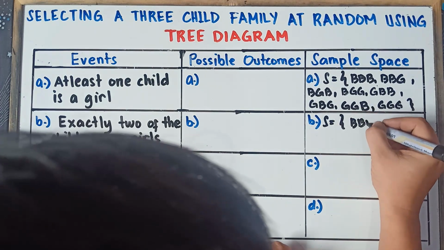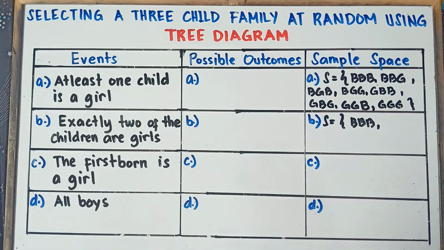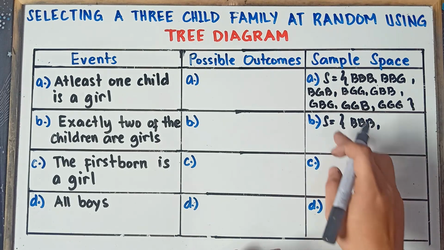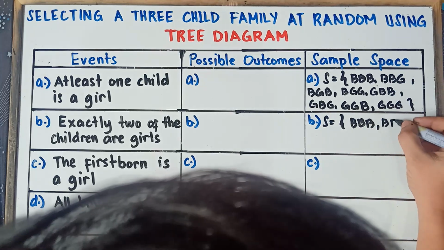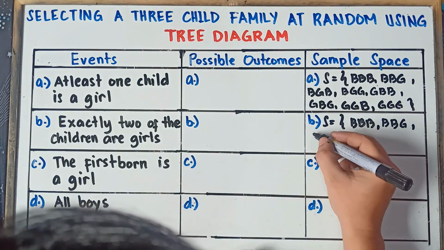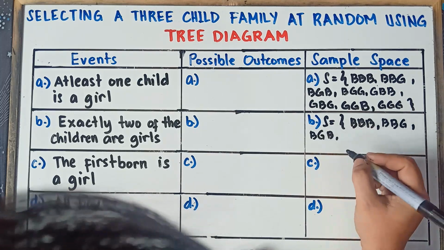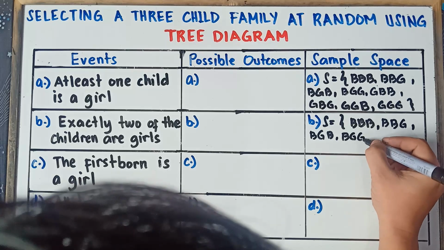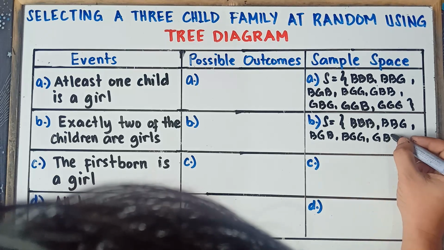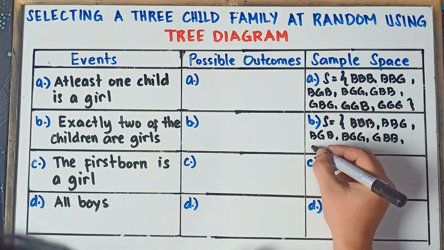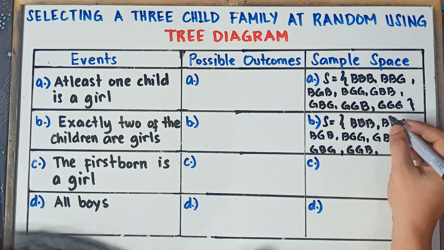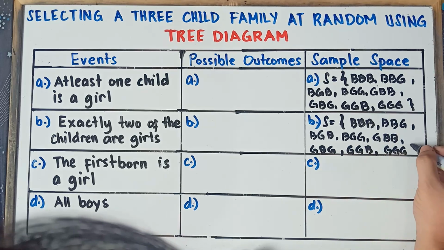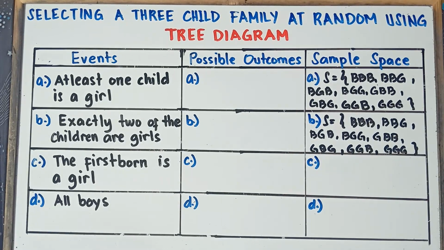We have all boys. Once again, class, do not be confused, class. Sample space is the set of all possible outcomes, and these are all possible outcomes. So 3 boys, and then boy, boy, and then girl. The other one, we have boy, girl, and then boy. So we have boy, girl, and then girl. Girl, boy, boy. And then this one, girl, boy, and then girl. So girl, girl, and then boy. This one, all girls.